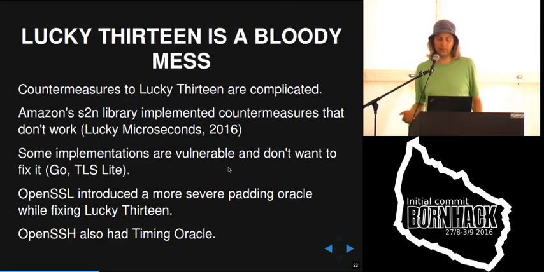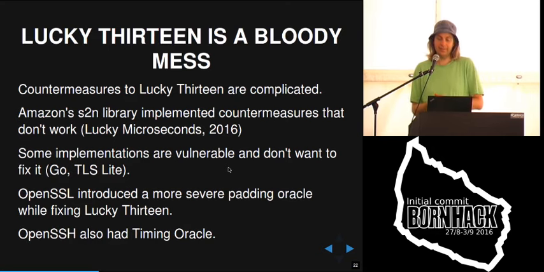For example, the Go TLS stack does this, and also the TLS stack from Hannes, the not quite so broken TLS he presented at this camp. As far as I'm aware, he also has not even attempted to fix this timing leak.